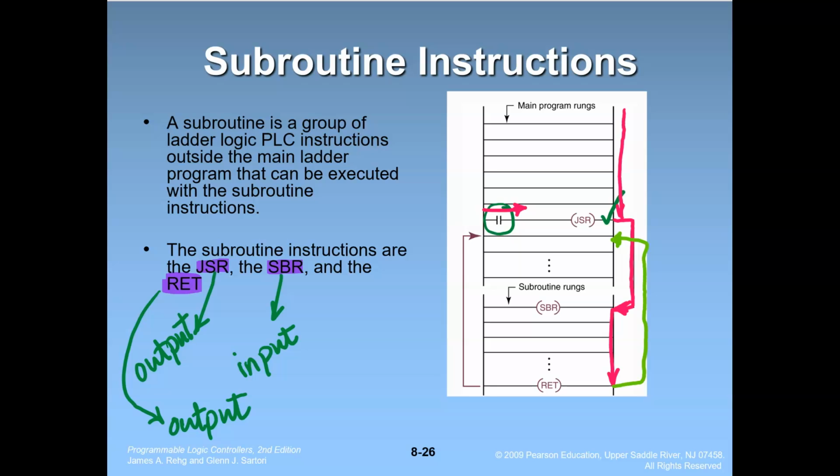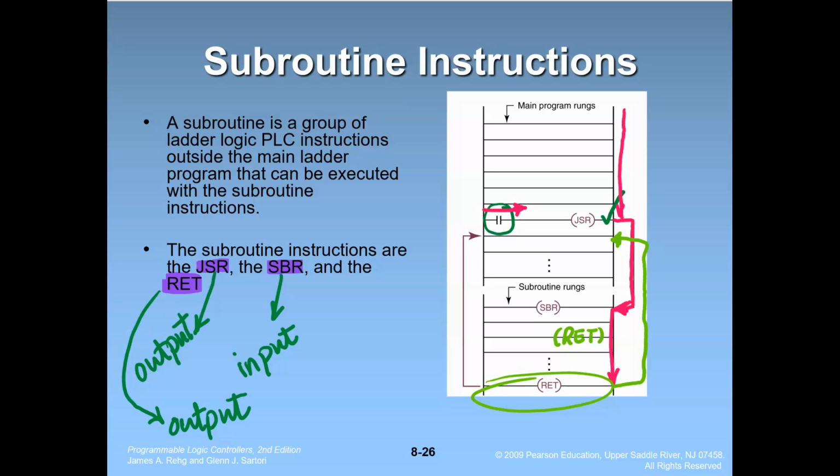Something to notice about RET, which is our return instruction, is that we need to have at least one unconditional return in a subroutine. So the very last rung of our subroutine, which is the one we have here, needs to be unconditional. So it means that at the end, we can go back to the main program. So this is a necessary rung that you need to have in your subroutine. But you might want to use more than one return. So for example, you're allowed to have another return somewhere here,